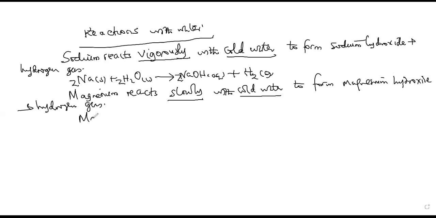So we shall have magnesium reacting slowly with cold water to form magnesium hydroxide and hydrogen gas. We shall prove this point when we go to group 2 elements, where we say that